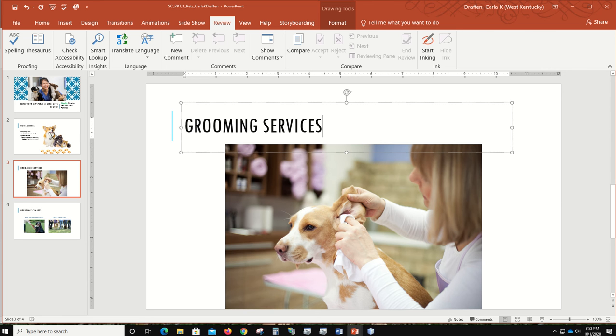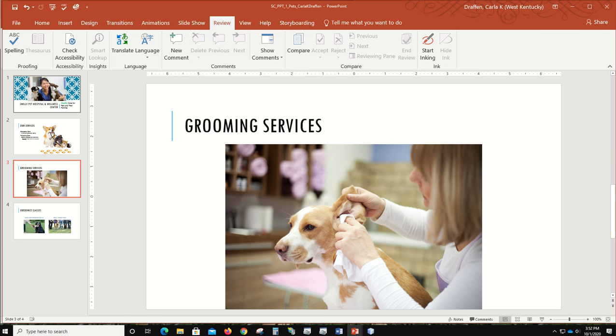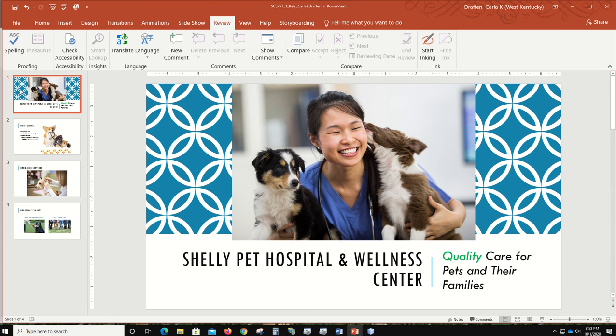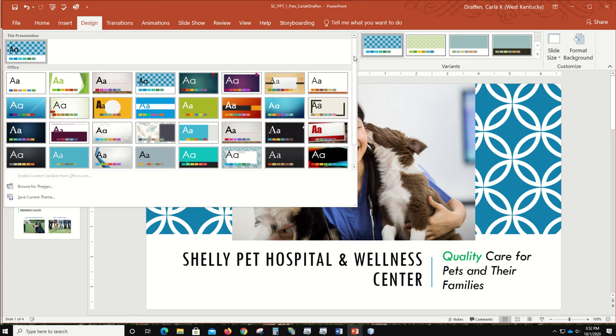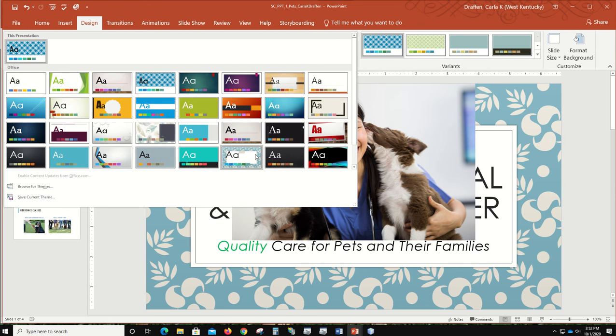Now, they also have decided we're going to change our theme colors. I'm just going to click away from that for right now. I'm going to select the first slide because you'll see the difference in the theme colors mostly from this slide. So we want to go to the Design tab on our ribbon again, and we want to go to the More button for the themes, and